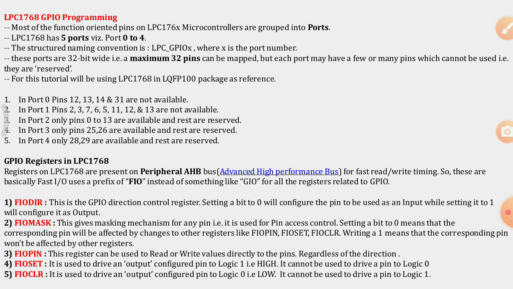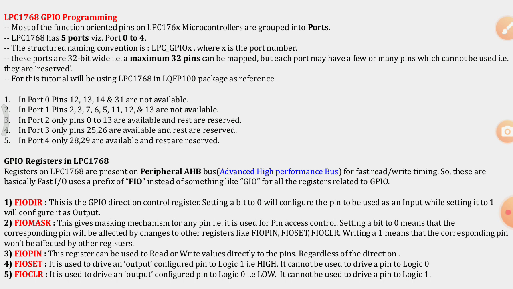I have to make that particular bit equal to 1, so that I am sending a 1 to the output. But it cannot be used to drive a pin to logic 0. For that, FIO clear is used, which drives an output configured pin to logic 0. If I want to send 1, FIO set. If I want to clear it, FIO clear.